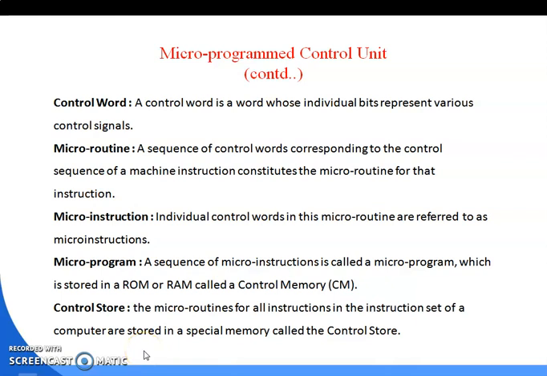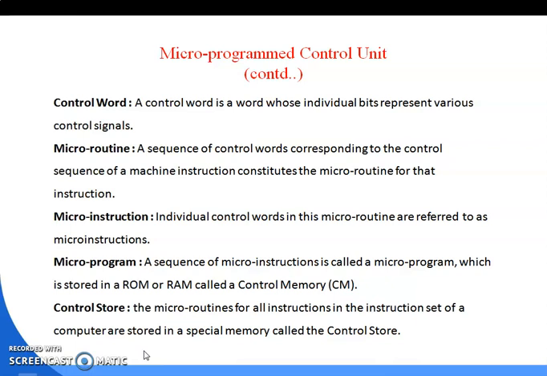So the microprogram control unit is basically software based. To summarize, the hardware control unit generates hardware signals, and by using those signals the control unit controls the entire process. On the other hand, the microprogram is totally software based, and it generates signals through microinstructions, through which the control unit controls the entire process.